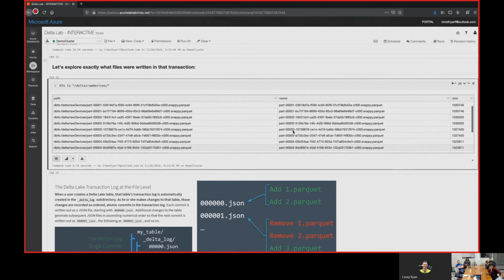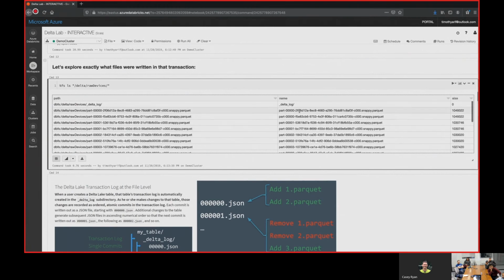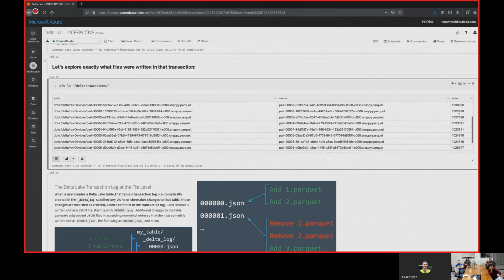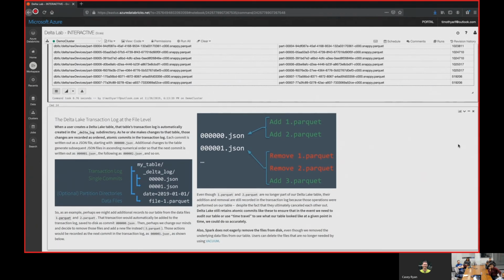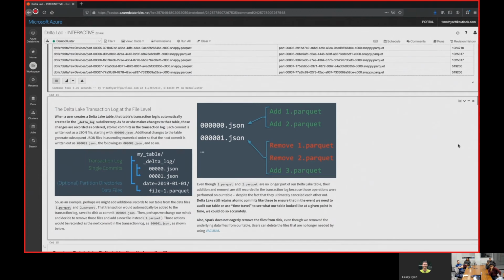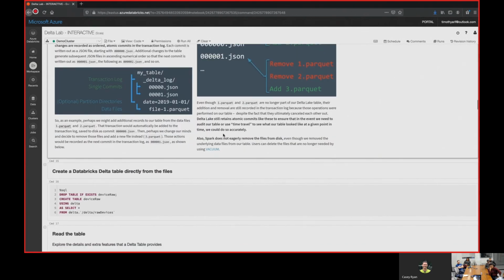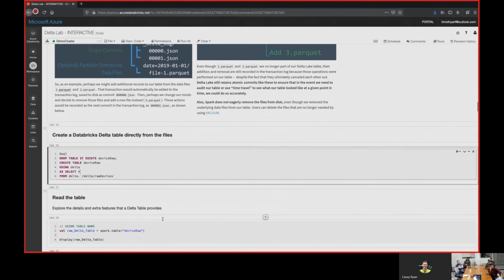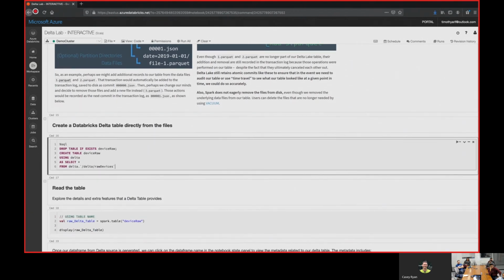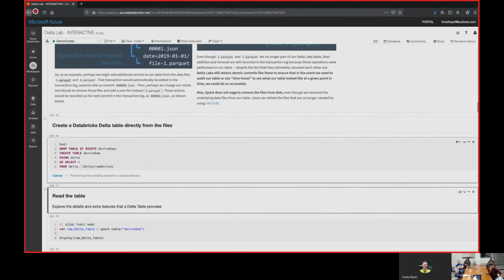We see the parts like 1 through 7 multiple times because there's different variations, and then a rough size. So you do see some of these sizes aren't the optimal size, which we can fix later with optimize. And now with that, we get the transaction log kicking into place. So let's create a table directly from the file.